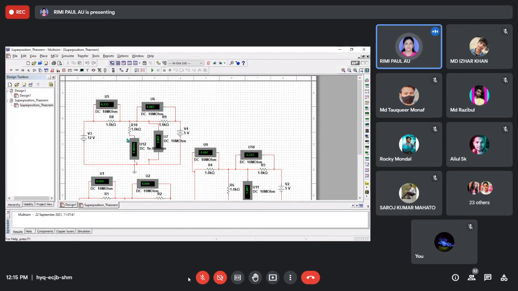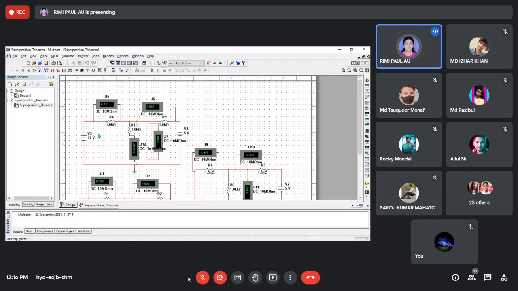The theorem tells that when two sources are acting, the current passing through this resistor is equal to the following. If this source is removed, this is a voltage source, so it will be shorted, and only one source is present. The current passing through this resistor at that time, plus the current when only this other source is present, their addition is equal to the current passing through this resistor when two sources are acting.